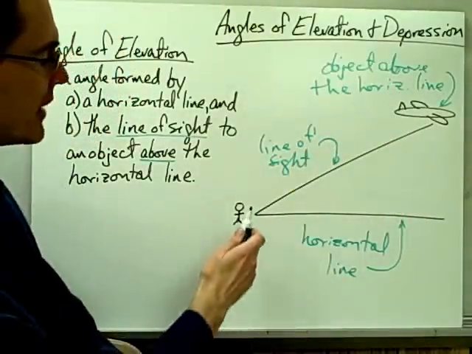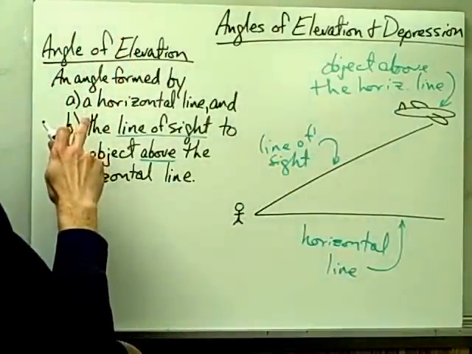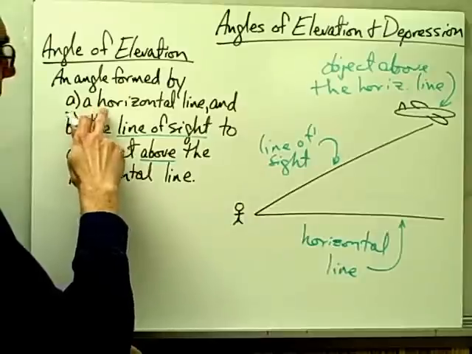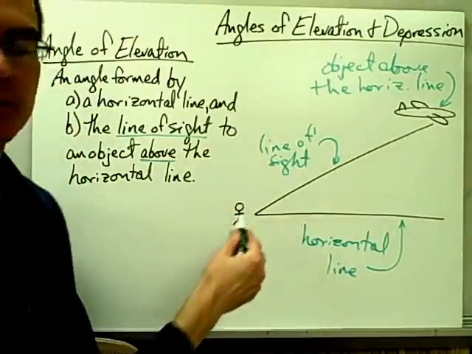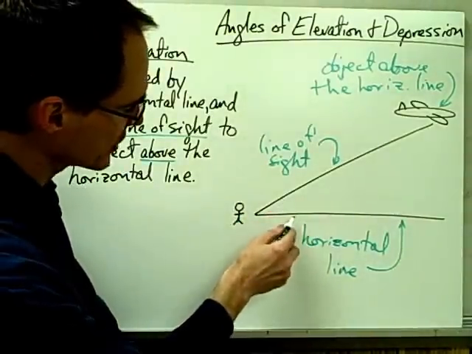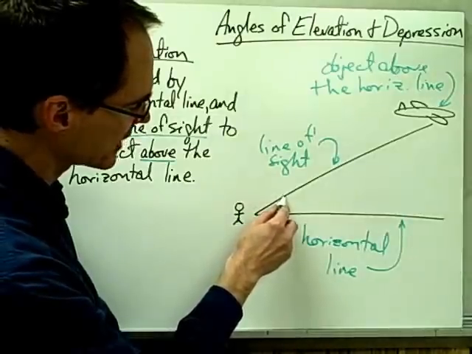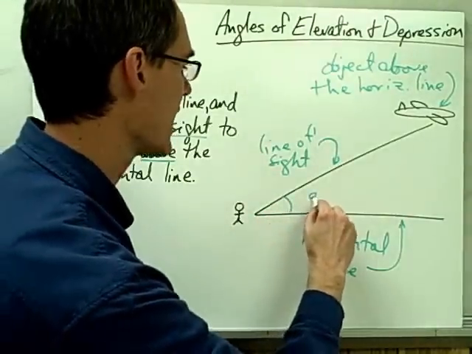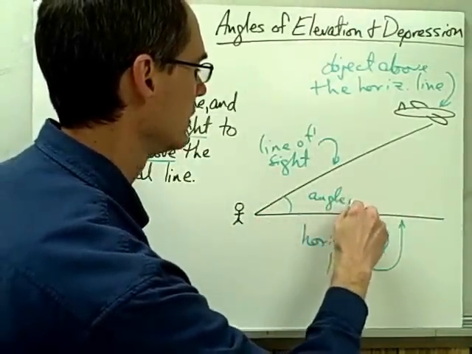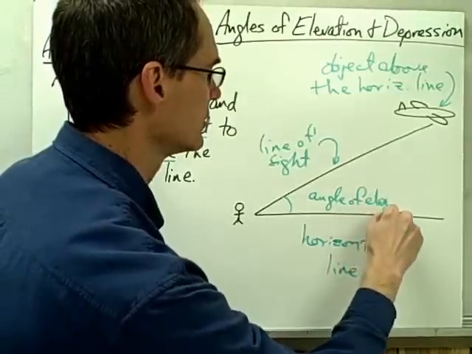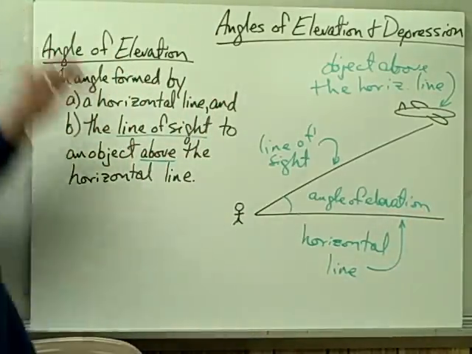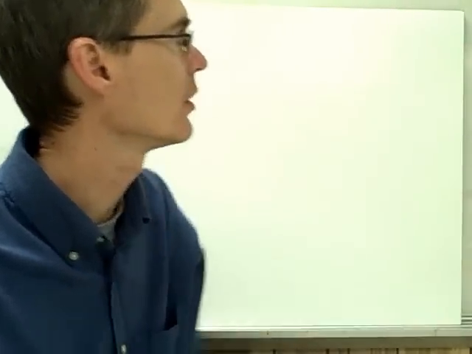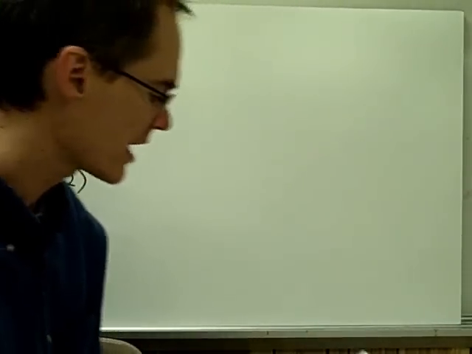So the angle of elevation, according to our definition, is an angle formed by a horizontal line and the line of sight to an object above the horizontal line. So here's our horizontal line, here's our line of sight. This angle right here is our angle of elevation. So let's take a look at how we might use the angle of elevation to set up and solve a